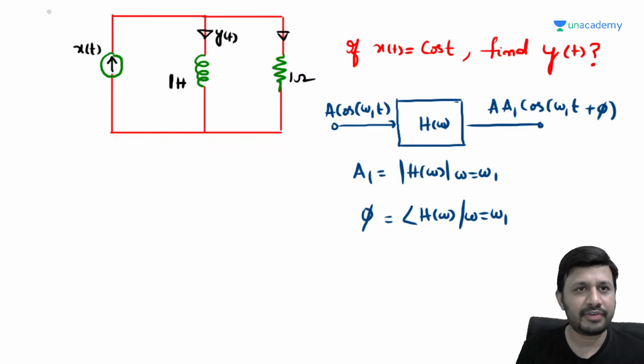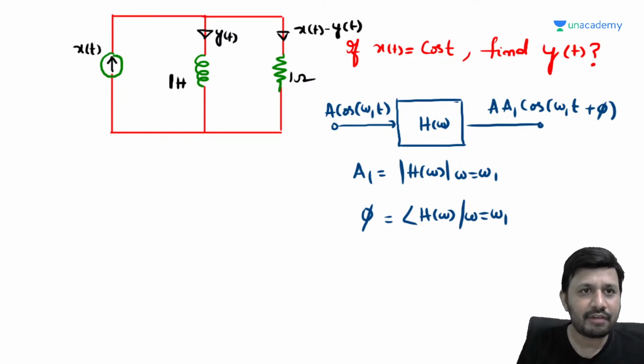First of all, can you frame a differential equation between input and output? Here if you observe, x of t is the current coming like this, y of t is flowing through the inductor. Now can you tell me what is the current flowing through the resistor? The difference, x of t minus y of t, will flow through the resistor, and this inductor and this resistor are in parallel. Parallel means voltages are the same, no? So what is the voltage offered by an inductor? L di by dt, and L is 1 Henry, so dy of t by dt